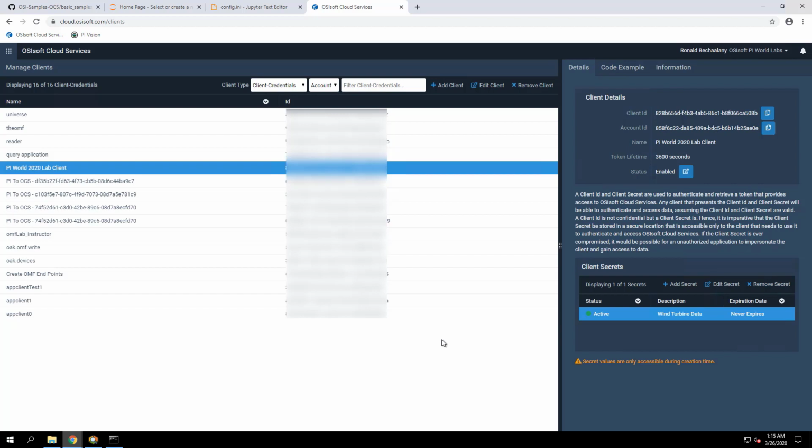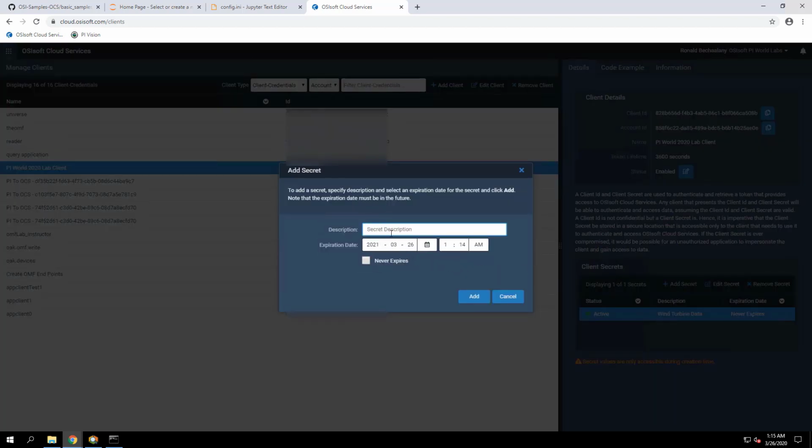If you've lost your secret, you can create a new client secret. You can go to the client and add a secret, and make sure you specify a description and an expiry date. It's always good to have an expiry date instead of using never expires, as a security best practice.